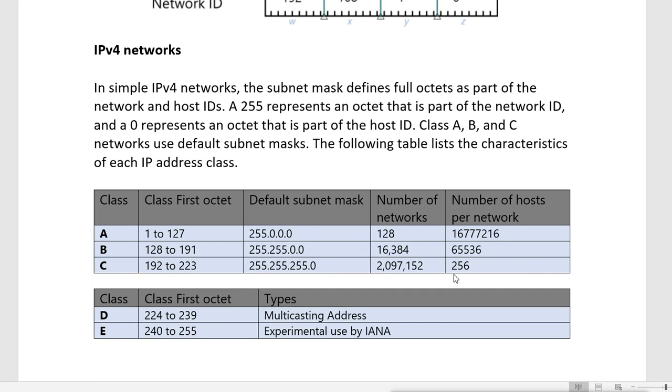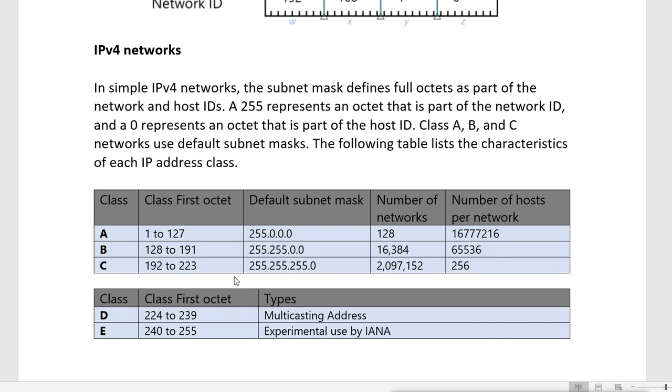In class C you will get lots of networks, 2,097,152, and in each network you will get only 256 hosts. This is for small organizations that have only 200 or 250 machines. There can be a large number of such organizations, so they have large numbers of networks. So these are classes A, B and C, which we can use commercially.